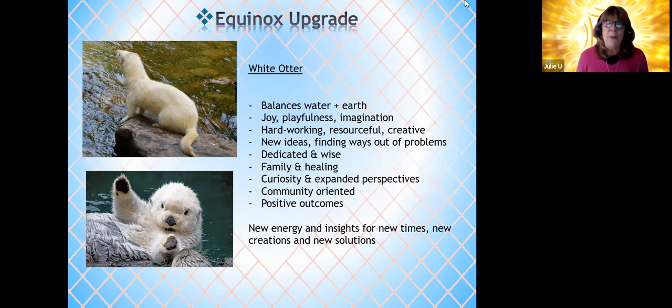And the one that popped up so strongly straight away was the white otter. And when I looked at the energetics of the white otter, one would think, with the signature today being the monkey, that it would probably be the monkey that would pop up. Well, it wasn't. It was the white otter. But when I looked at the energy of it, I thought, that's everything that signature encompasses, the Mayan signature